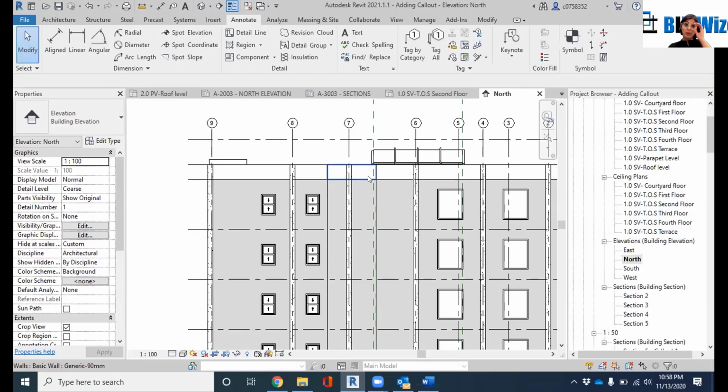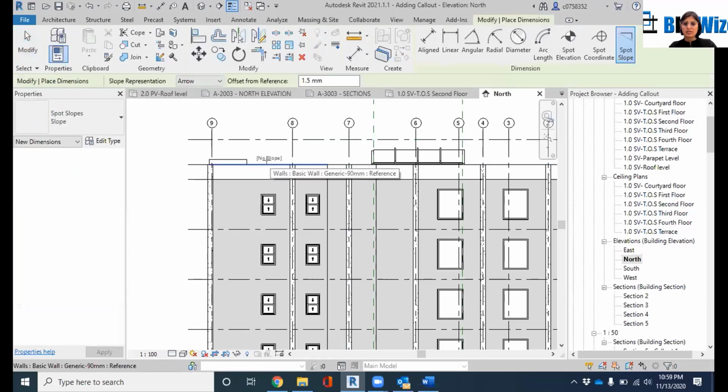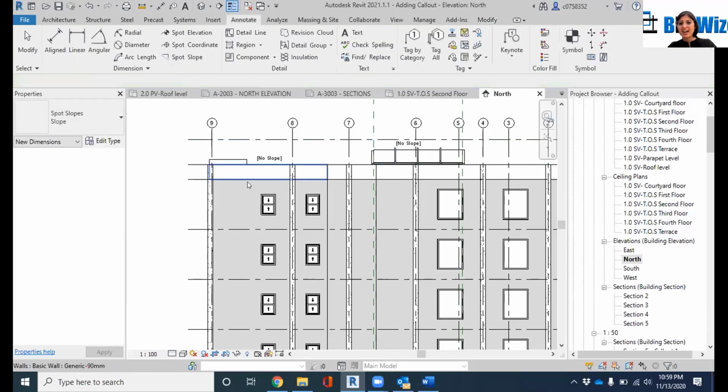If at any point I want to give the elevation or the slope, then I will click on this. Let's see what the slope is on this roof. I will just click on that roof and it will give me the slope. If it had a slope,